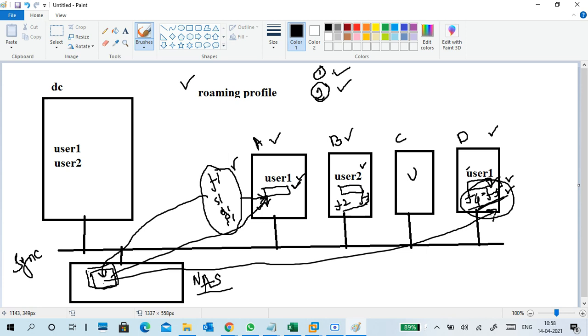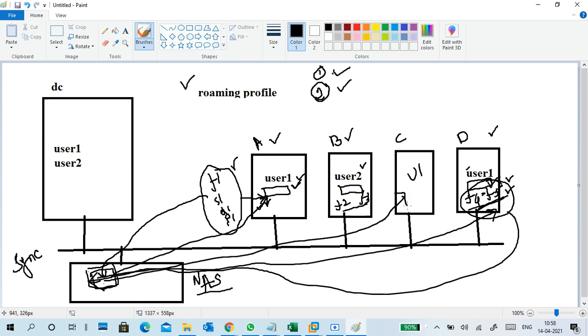This data and the existing data, once you log out, again sync to the central location only. And this user, for example, logs into another PC, say PC C. What happens? Again, this profile will be loaded there.